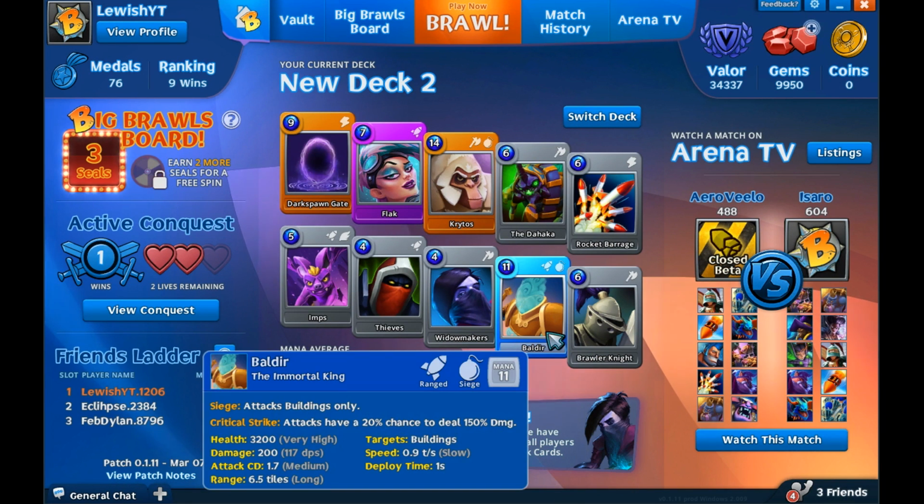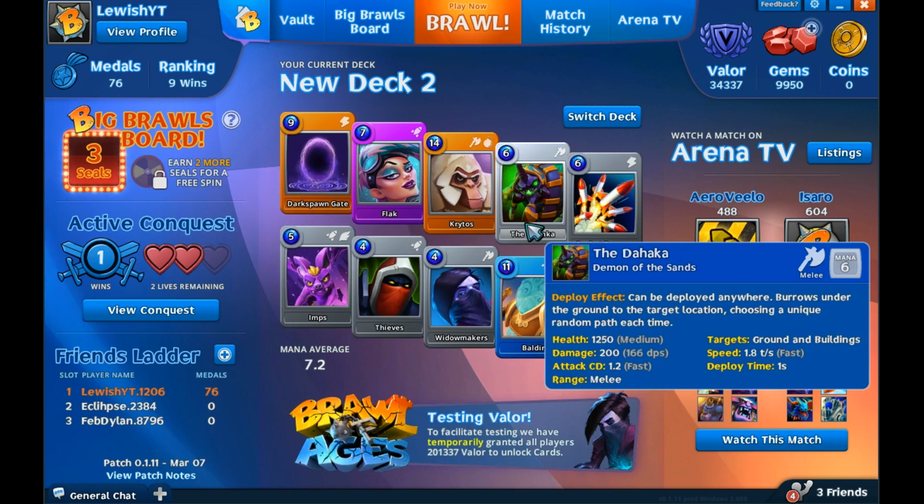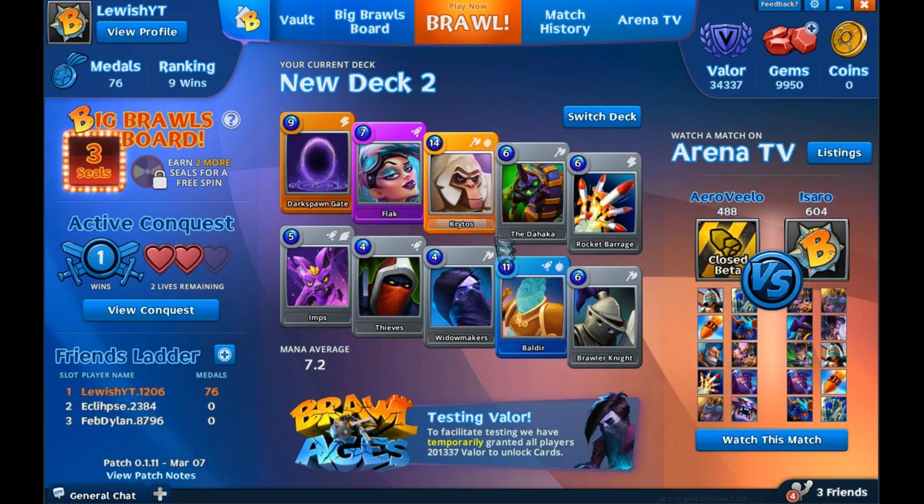This card, the Baldier, is basically the Royal Giant of Brawl of Ages. This dude attacks buildings only, has a bunch of hit points, really long range. So yeah, basically the Royal Giant of Brawl of Ages. This right here is a really good card, basically the Miner of Brawl of Ages. I'm not going to compare this stuff too much, just want to give you guys a little bit of an idea about what these cards are,